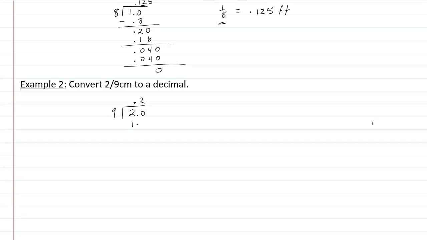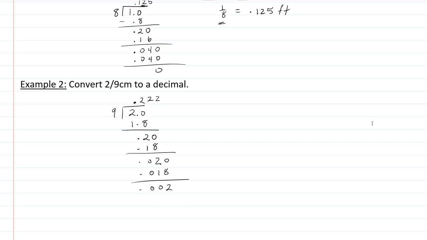And we're left with 1.8. 0.2 times 9 is 1.8. And this results in 0.2. Well, 9 goes into 20 2 times, 0.18 down here. And we're left with 0.02. But wait, we're just getting 2 again. Let's try it one more time just to make sure. 9 goes into 0.02, 0.0002 times, and this leaves 0.018, and this leaves